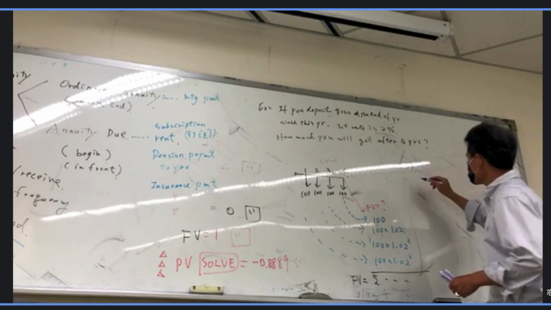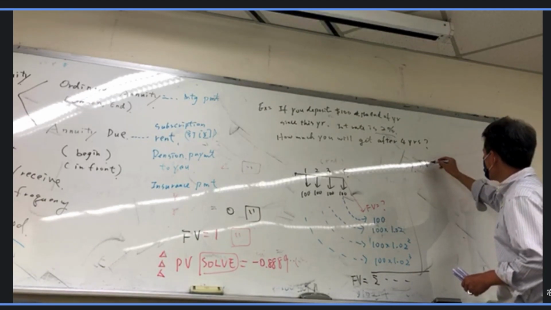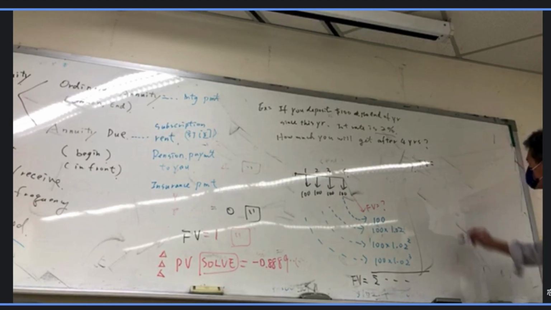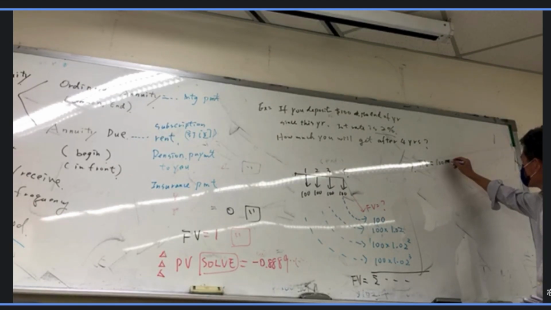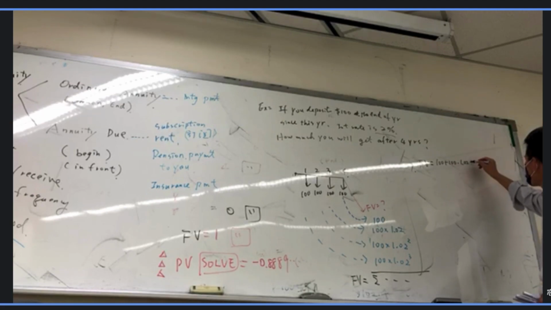So let's do it here. Future value is 100 plus 100 times 1.02 plus 100 times